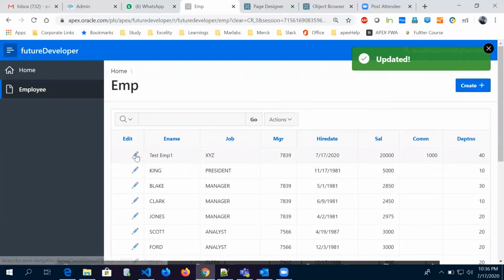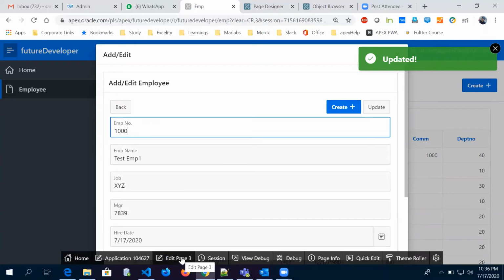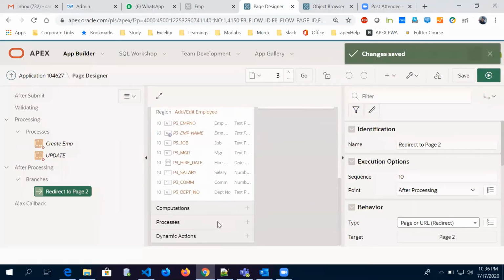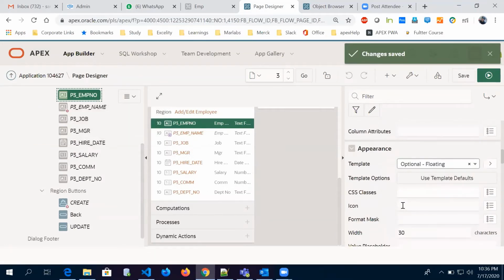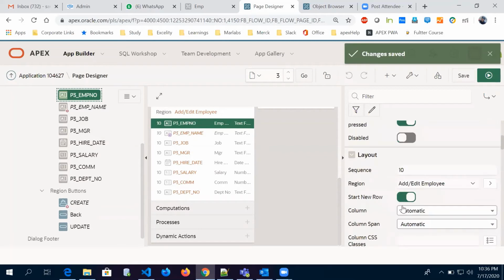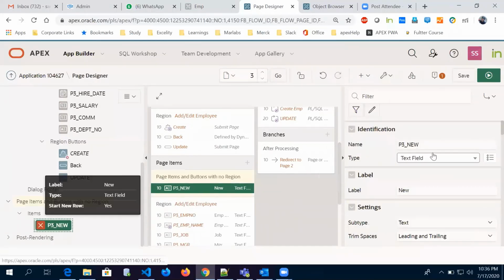Okay, now how he said that there should be an option that when we will click on this edit, it should not be editable, like disabled. So for that, what we can do, we can create on this thing EMP number, and maybe just to disable it, we have a lot of other options, but as of now, I'm just showing one option. I've created an item.